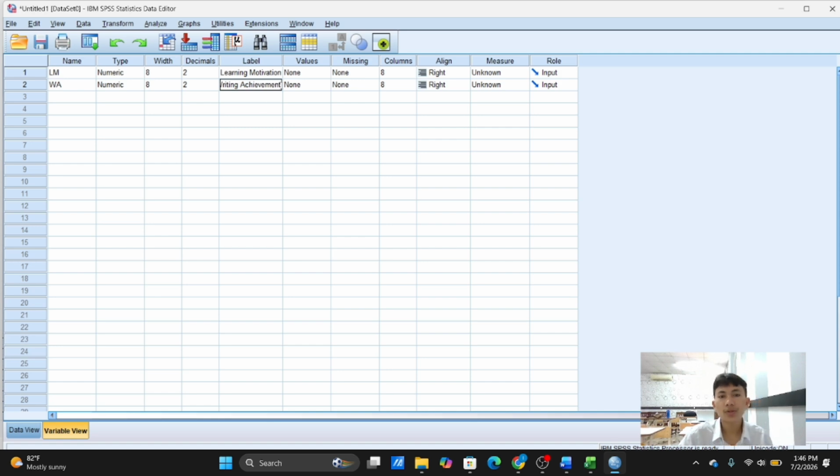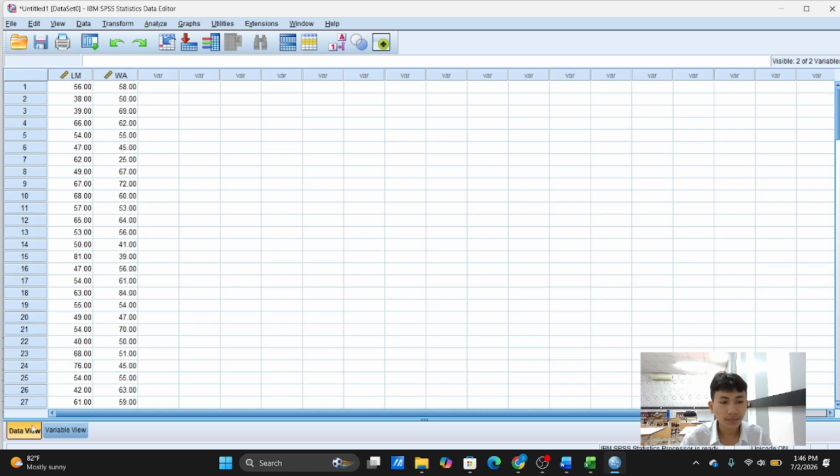Okay, in the values we don't change anything, missing done, columns done, and in measure we change into scale. Scale here, and we click data view again.